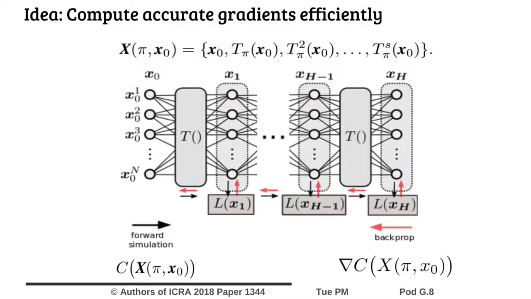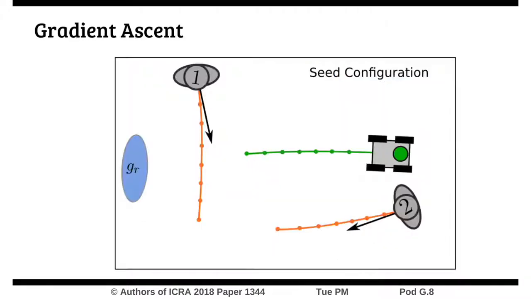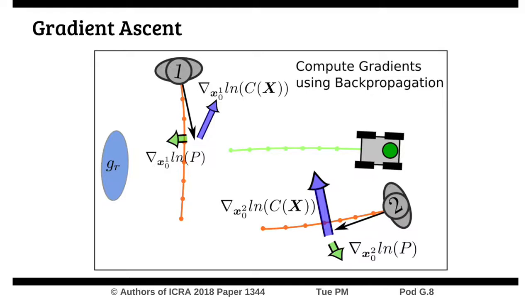We penalize bad interactions throughout the forward rollout and not just those that end in a bad interaction. Therefore, unlike most deep networks, our cost function is not just computed at the final output, but rather consists of partial costs, L, accumulated at each time step. Even then, the same backpropagation machinery can be used to compute accurate gradients efficiently. Using these gradients, a benign initial configuration is perturbed towards increasingly risky outcomes until convergence.